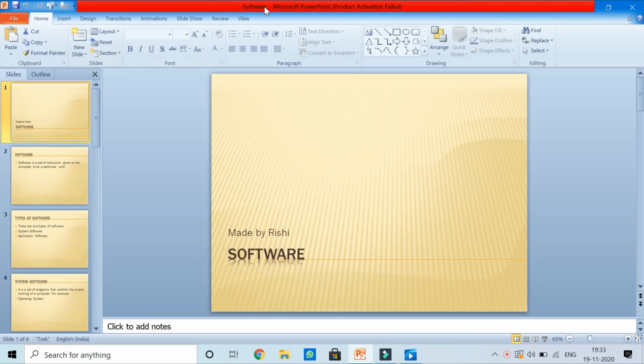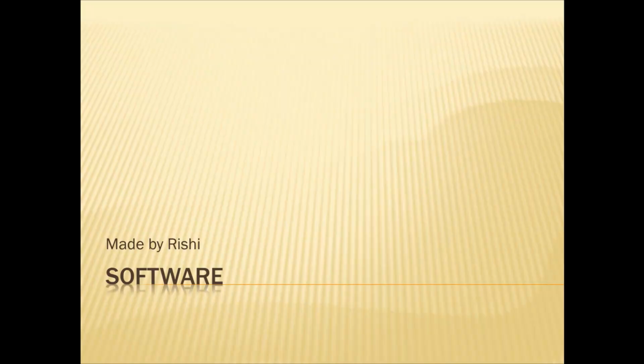Now the file is open. On the title bar you can see the software is open. So this presentation we had made in our previous session. Now as you see, when I'm running this slide, the text is appearing at the bottom, on the left hand side, and the rest of the slide is quite empty. So let us enhance the look of the text using different tools. So see how we can do it.